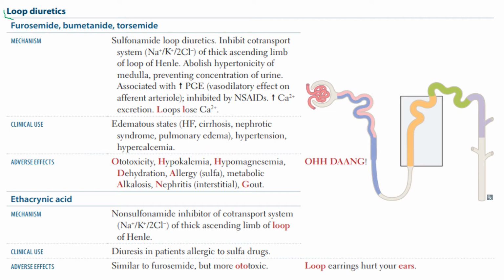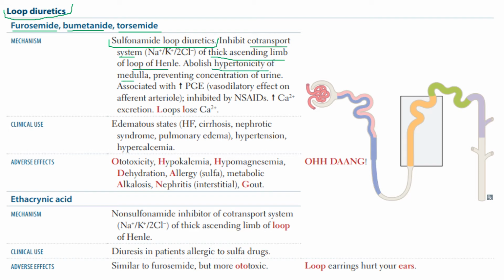Here we talk about the loop diuretics, which include furosemide, bumetanide, and torsemide. Loop diuretics are sulfonamide loop diuretics, which include furosemide, bumetanide, and torsemide. They inhibit the cotransport system of sodium, potassium, and chloride, which acts on the thick ascending limb of loop of Henle,